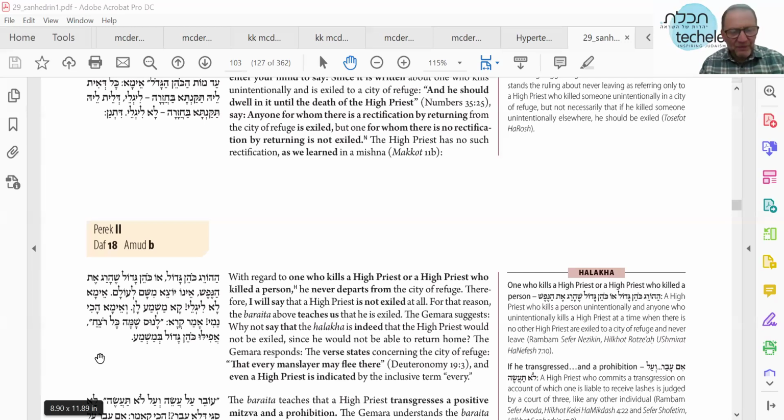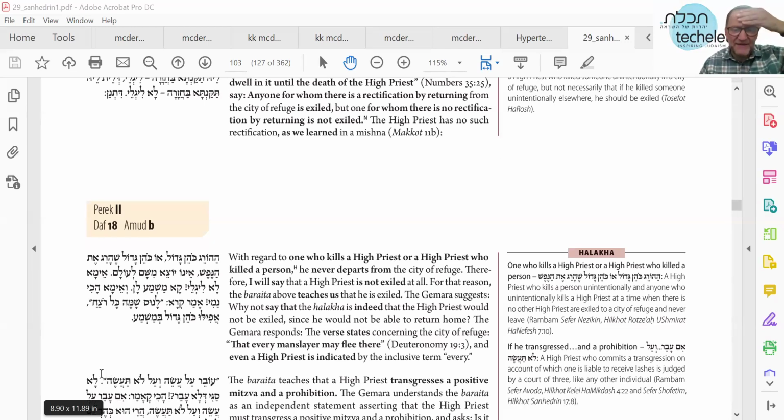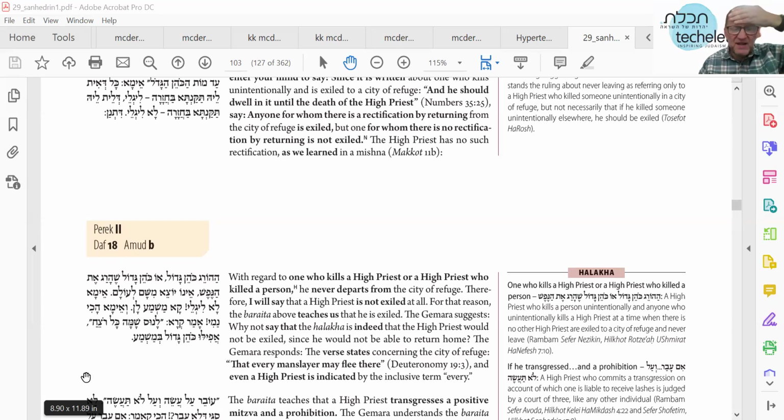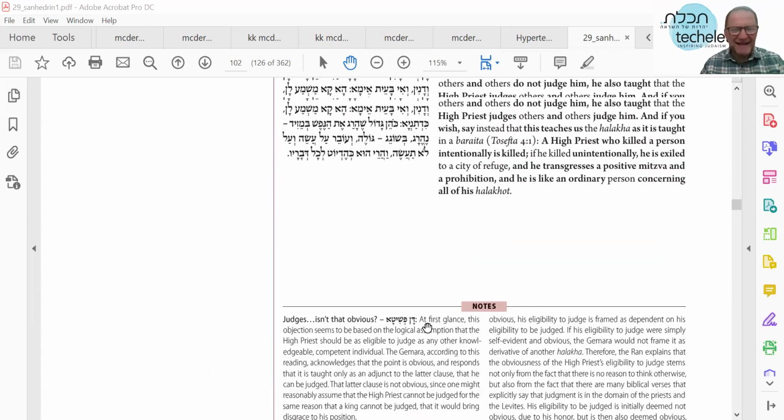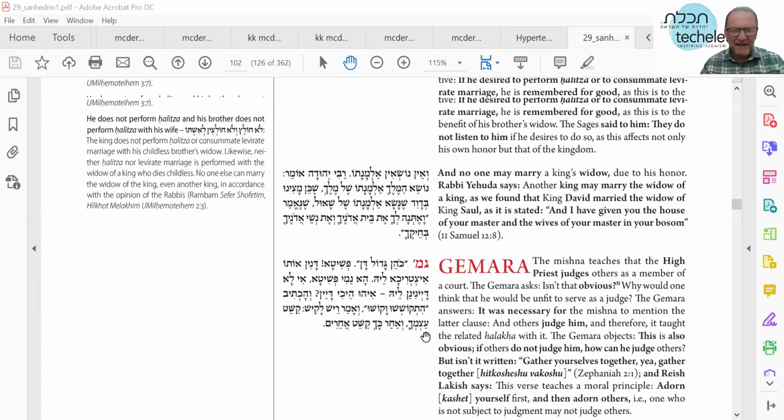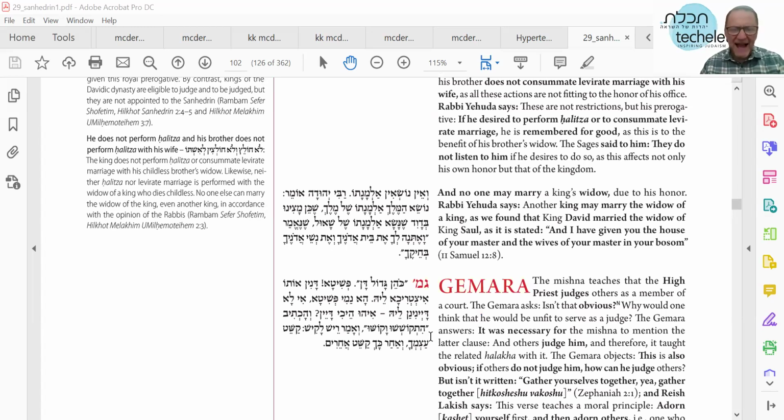We're going to stop there because the next little piece of Gemarah is very interesting. It's the Gemarah analyzing the next bit of the Breita. And since it's almost time up, we'll start that next week. Let's just summarize what we've done today. We have started to analyze our Mishnah, and we said, why do we need to have a Mishnah that tells us that a Kohen Gadol can be judged and can do the judging? It's obvious. And we said, no, it's not that obvious, but